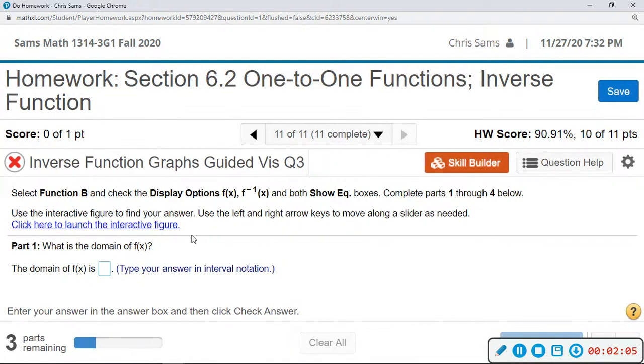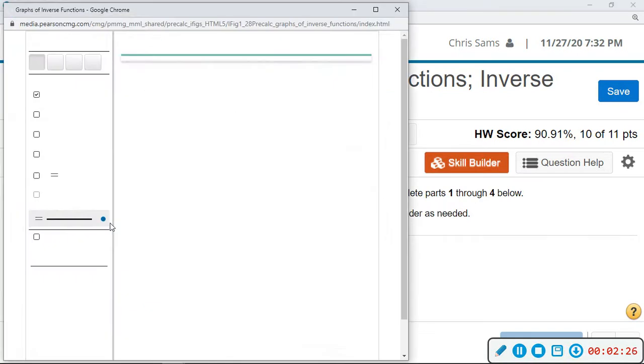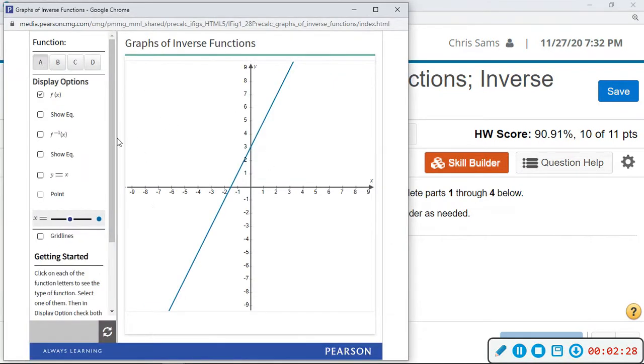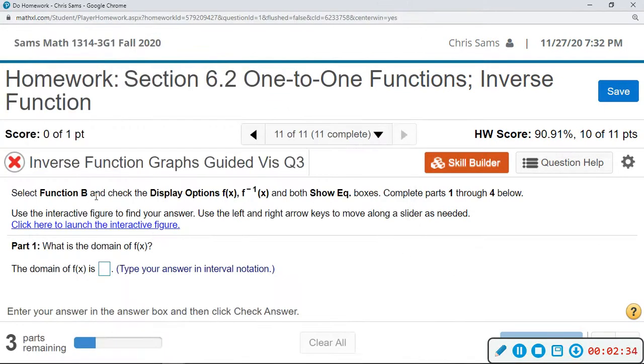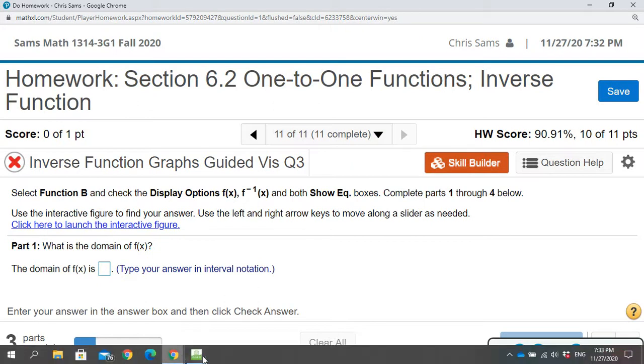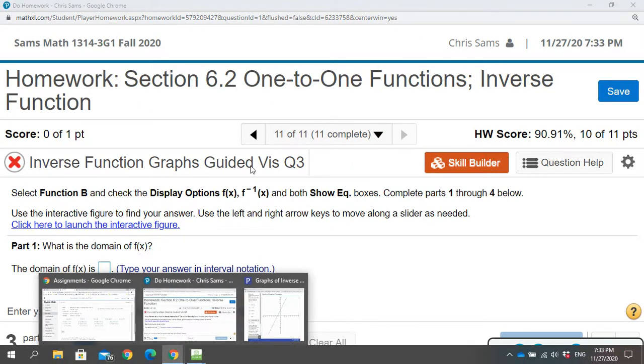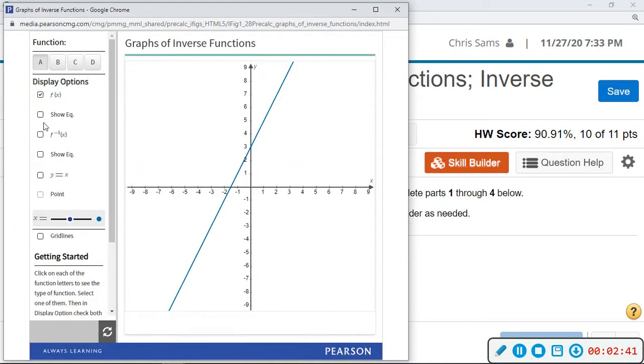Alright. Now number 11, it says select function B. Check the display options f(x), f(-x), and show both equations. Complete parts 1 through 4 below. Use the interactive figure, left and right arrow keys if needed to slide. Okay, so you have this graph of functions. This is A. So when they say select B, right here when it says function B, you have different ones. So like if I did show